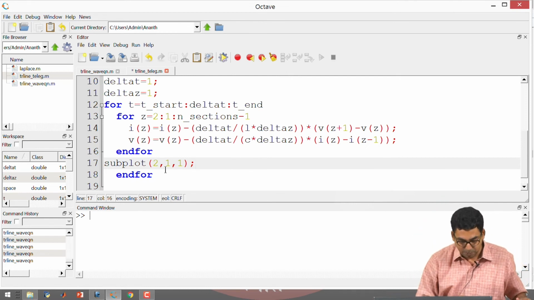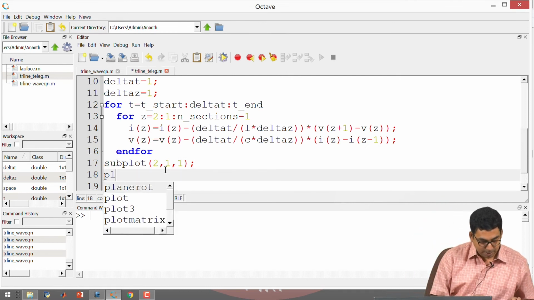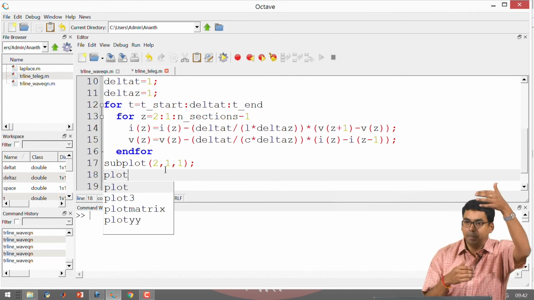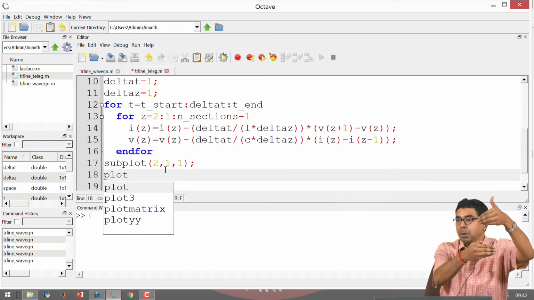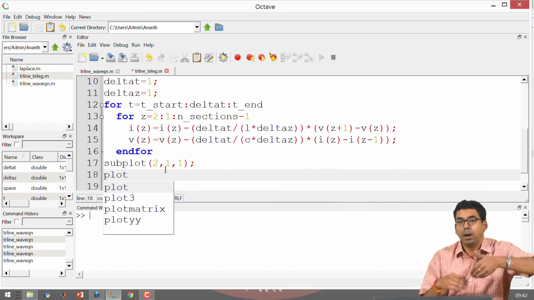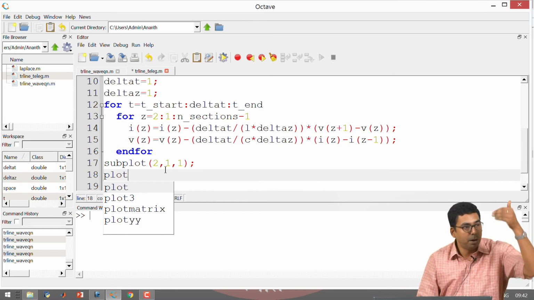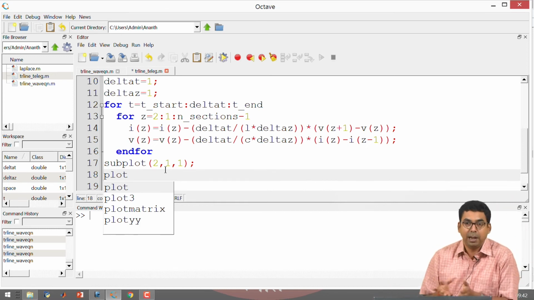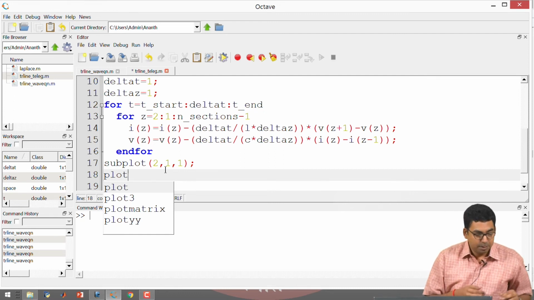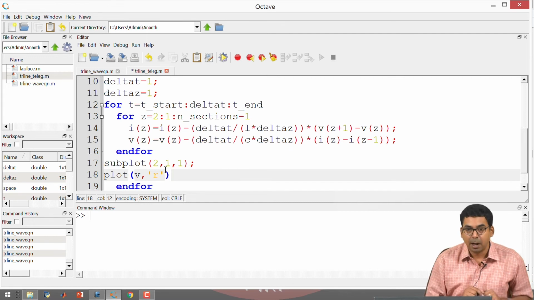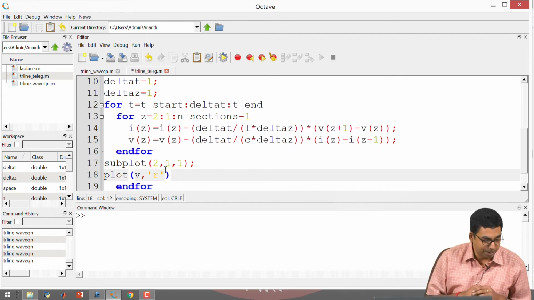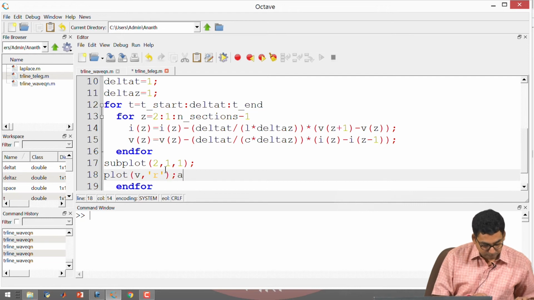Okay. So, I would like to have this because I would like to plot the voltage on the top and I would like to plot the current at the bottom. Previously, in the case of wave equation, we could plot only one quantity at a time, right. Now, I can plot both the quantities, right. I can plot voltage and current, and I can draw different inferences from what is happening, right. So, I would like to plot voltage, right, and I would like to plot voltage in red color. So, that single quotes R just tells you that plot it in red color, right. Okay.